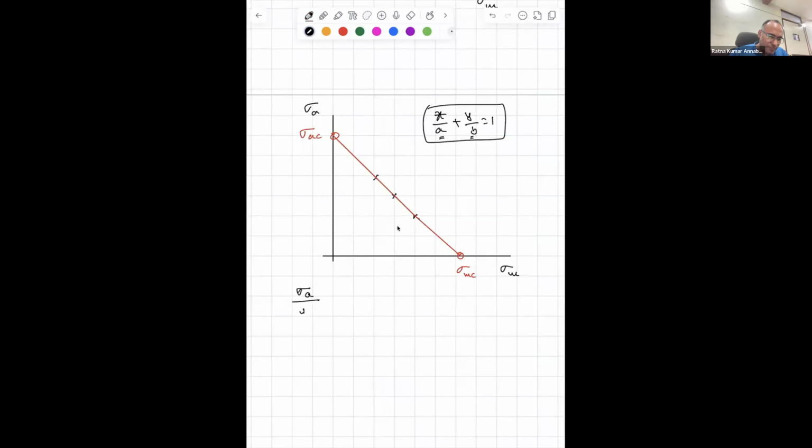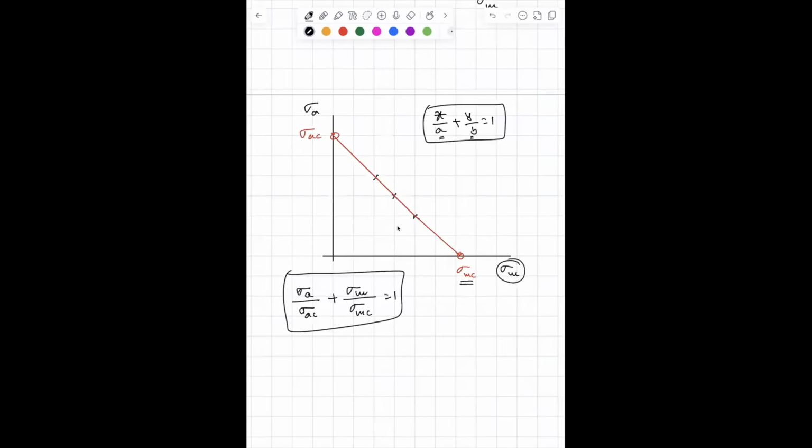Sigma a by sigma ac plus sigma m by sigma mc equal to 1. Right? Yes or no? The x-axis is sigma m, the x-intercept is sigma mc, x by a, plus the y-axis is sigma a, the y-intercept is sigma ac. To make it more realistic, we know that on the x-axis sigma a equal to 0,